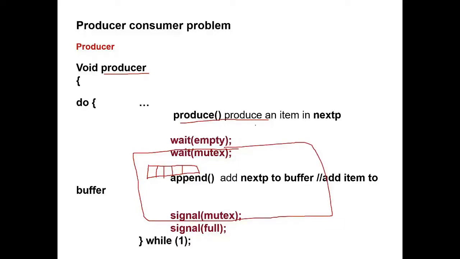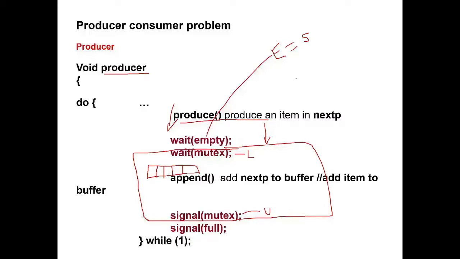The processes, before entering into the critical section, are going to lock it, and after finishing the critical section, they are going to unlock it. So the producer wants to produce, it enters into the loop and executes wait of empty. We use empty to keep track of how many empty slots there are. At the beginning, empty is initialized to 5, as we have 5 slots.